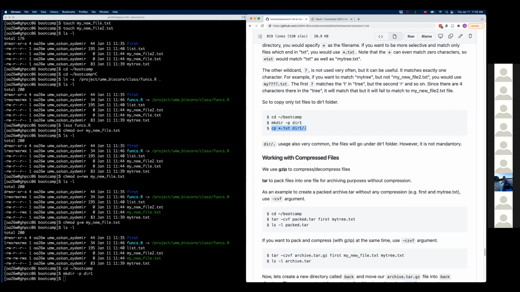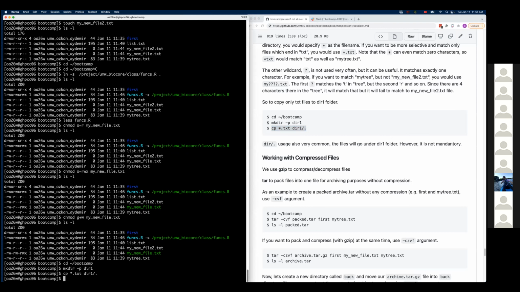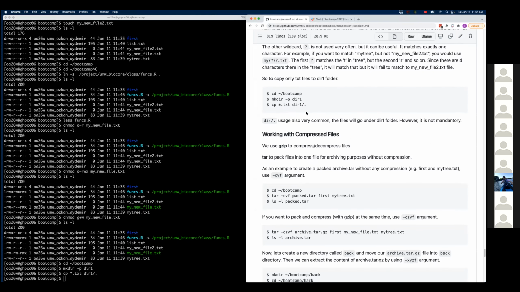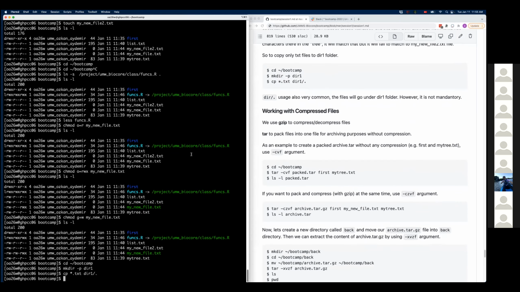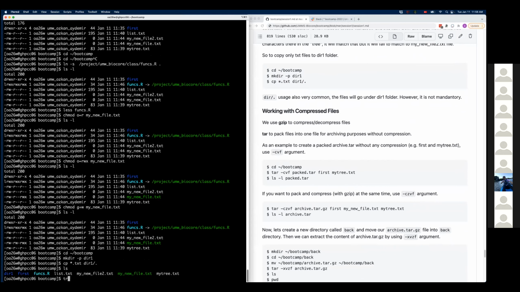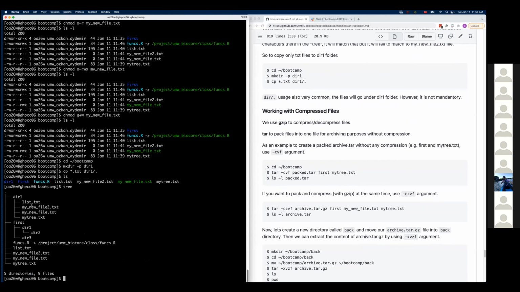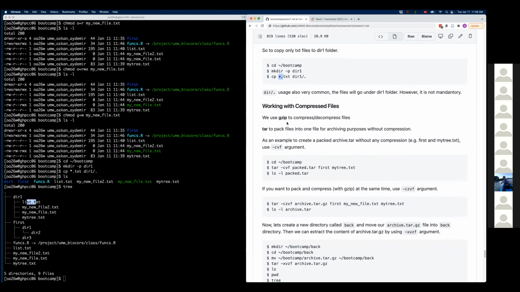I'm not sure if this is correct. Yeah, you normally wouldn't need the dot. If you just have dir 1, it should also work. It's basically just copying these files to the dir 1 directory. And if you look at it, now we have all the text files copied in here. So this is a nice shortcut for copying everything that has something common in its name, instead of doing it one by one.